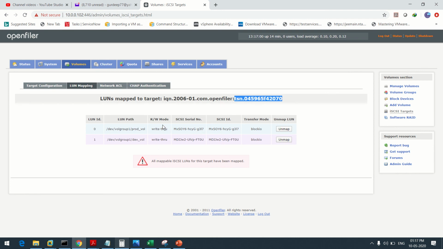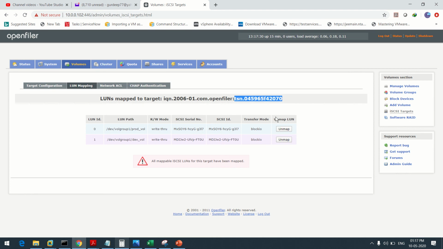So we are done with the configuration over here. So we have the prod volume and dev volume, and we have mapped them to LUN 0 and LUN 1, and both the LUNs have been mapped to your IQN 2070. It's good enough. So now we have to go to the ESXi host, and from there we can access this IQN, and further we will get LUN ID 0 and 1 over there.